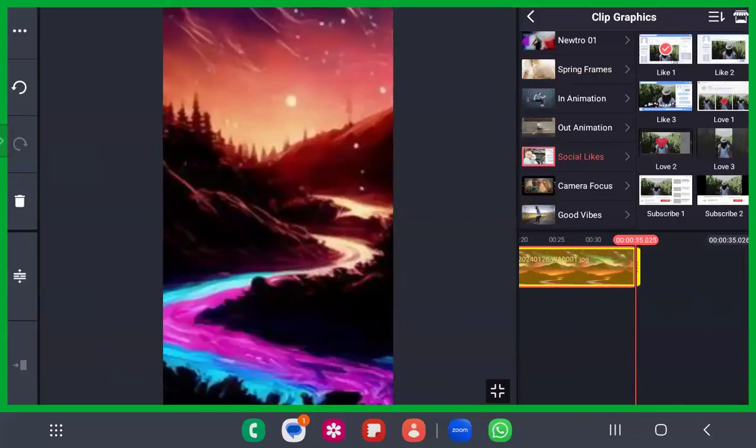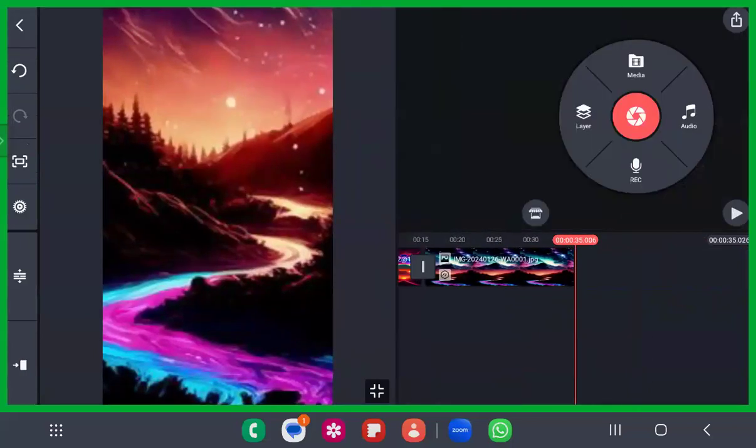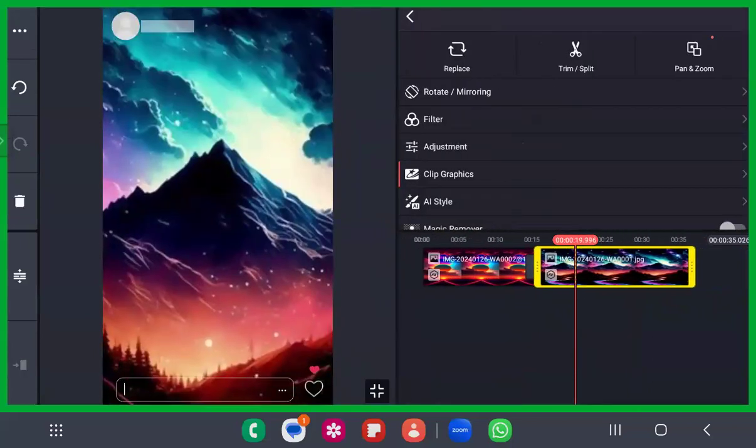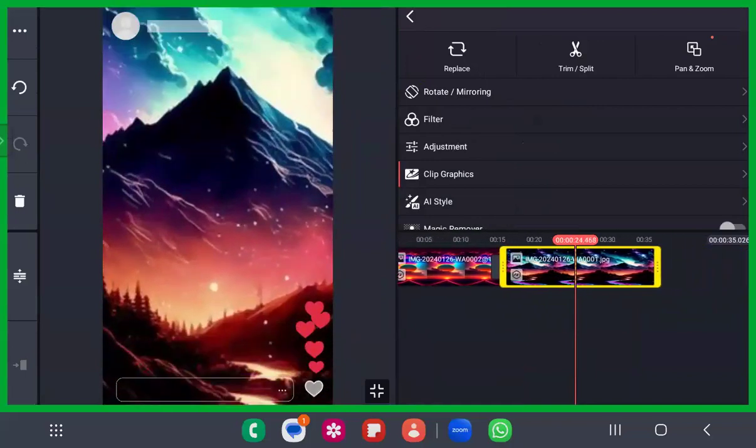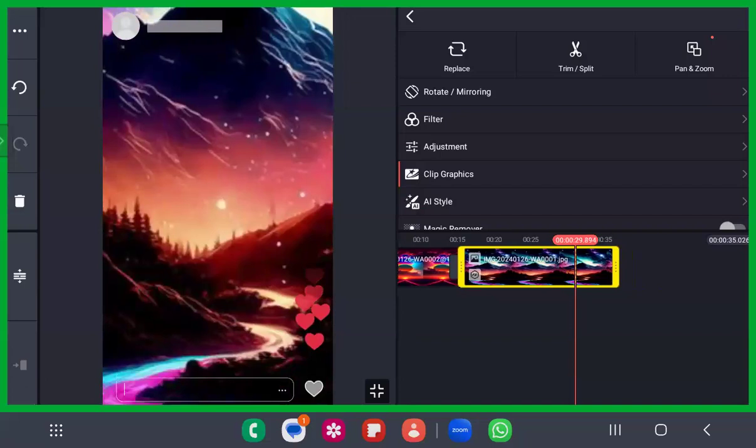See here, you have so many clip graphics. Make use of all of this, because this is just the conversion of a photo into a video, right? Just converting a photo into a video. See, now you can just make this an Instagram thing like this one. There's a social likes one, you just download it and see. You can just put your content in this one. See here, when you play it, this is appearing. What is appearing? Something like this and this. You can just type your own thing here and here. So this is all that we have.